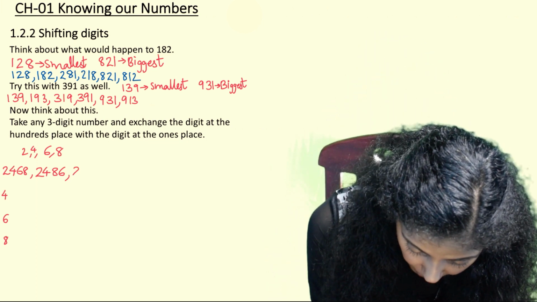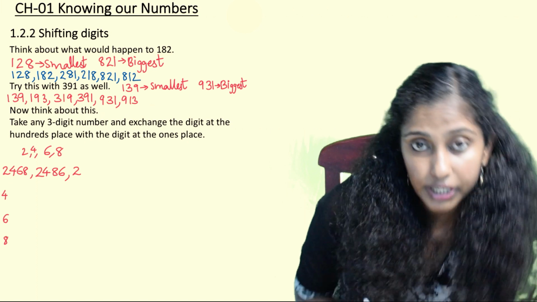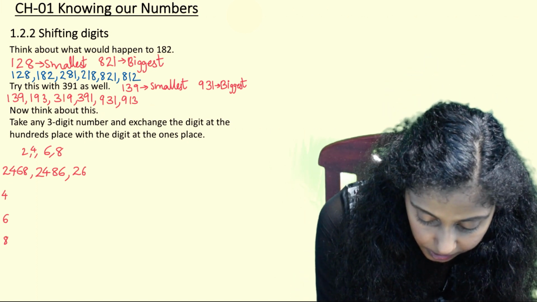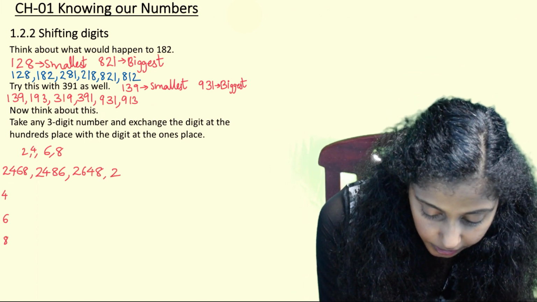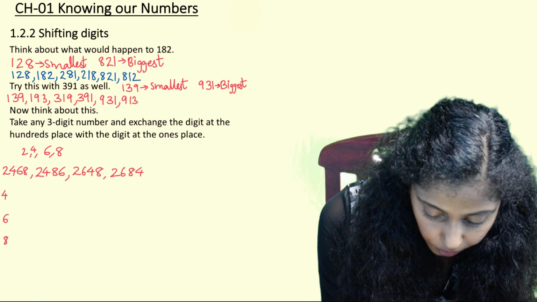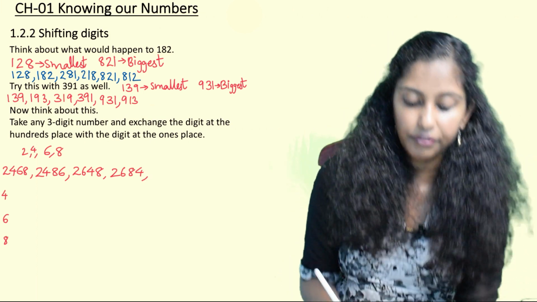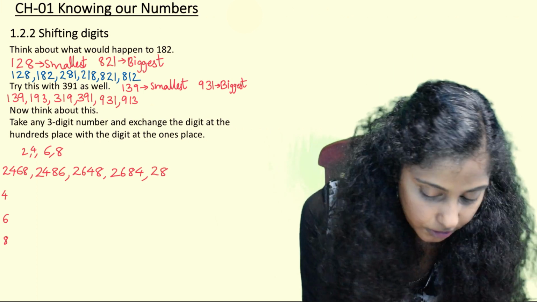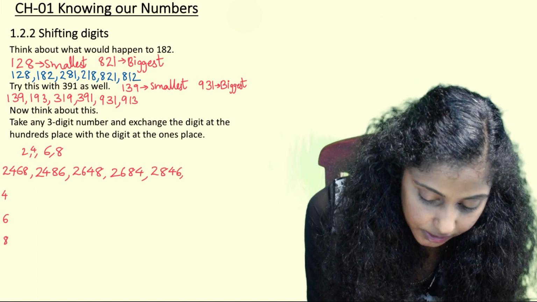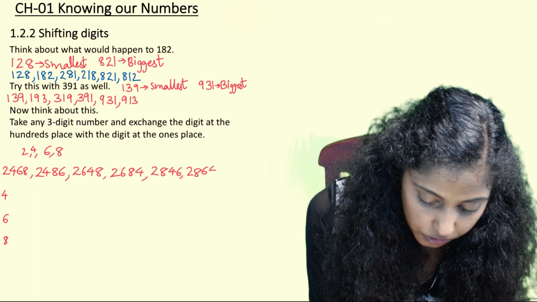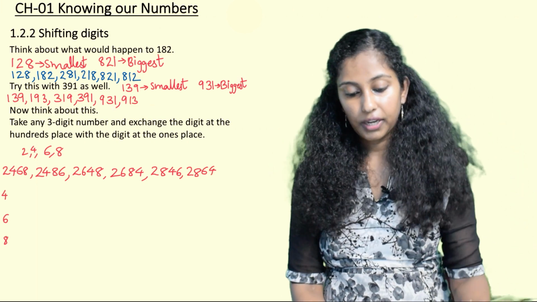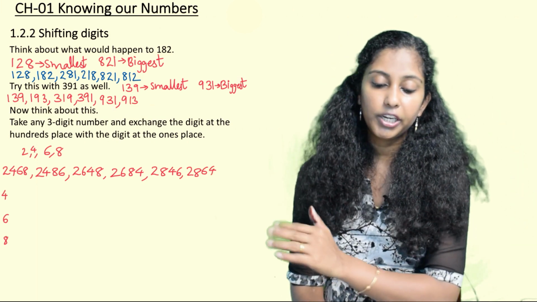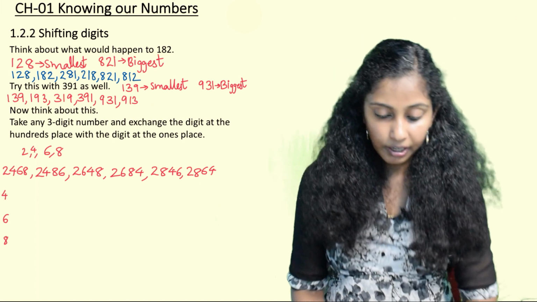Now we keep 2 as it is, 4 we kept 2 times. Now let us keep 6 and then 4 and 8. Then we can also write 8 and 4. Okay, now after 2 we have written 4, after 2 we have written 6, now after 2 let us write 8. Then we get 2846 and we also get 2864. So like this, using various combinations, we can form numbers.